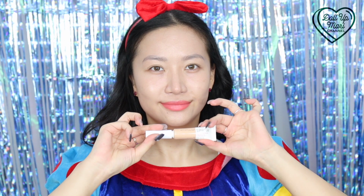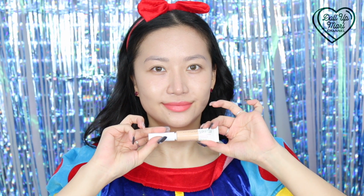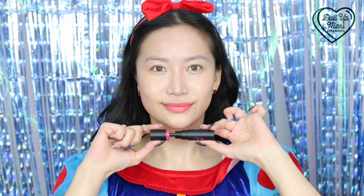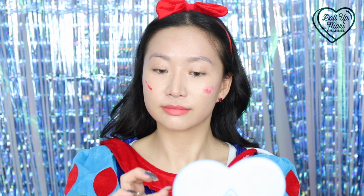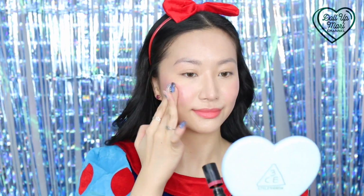Now, I'll be applying Maybelline Super Stay Under Eye Concealer on my under eye area as well as other blemishes I wish to conceal. I'll be patting this concealer to blend it in, and then smoothing it out using a kabuki brush. For blush, of course, it has to be BLK Creamy Cheek Paint. And since this is a Snow White tutorial, it definitely has to be the blush shade in Apple. I'll be taking a small amount of this product and I'll be patting it repeatedly until the color is diffused